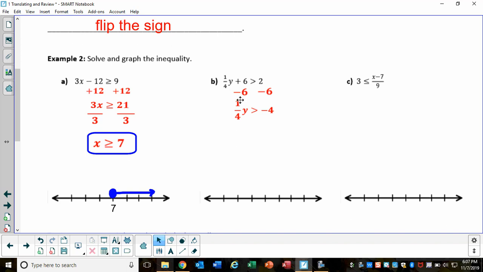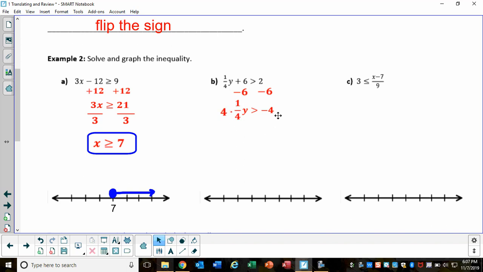Here, I'm going to go ahead. I have 1/4 y. You can change this to 0.25 if you want. If you don't like the fraction, totally fine. But if you want to keep the fraction, there's 2 ways you can deal with it. You could divide by 1/4. I don't recommend it because then you're dividing fractions and it looks all messy. If you're doing decimals, less messy, so it's fine. But if you're still wanting to deal with fraction, the way that I would get rid of the 1/4 is